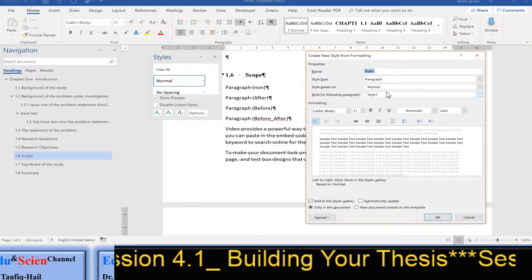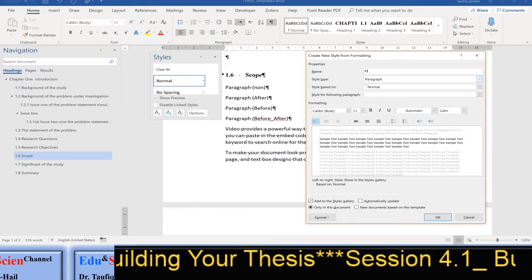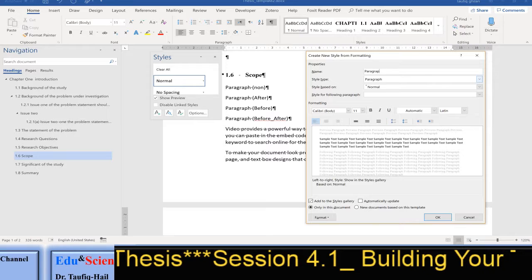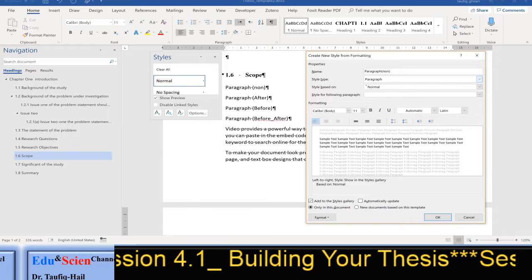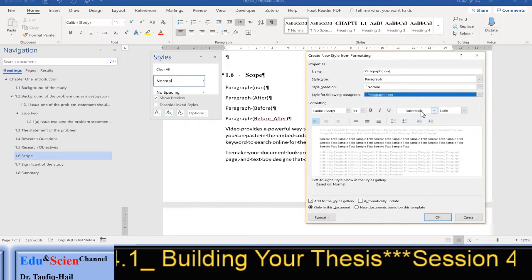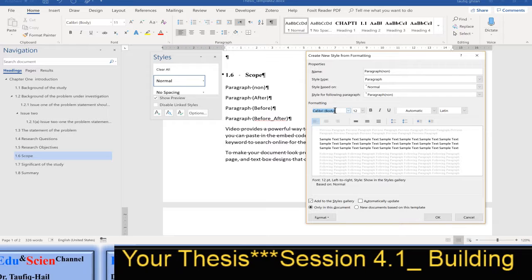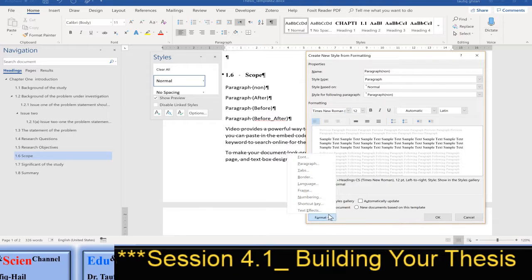I will call it paragraph none. Then let's start defining my settings, the color, the font size, Times New Roman, the preferred font, and then